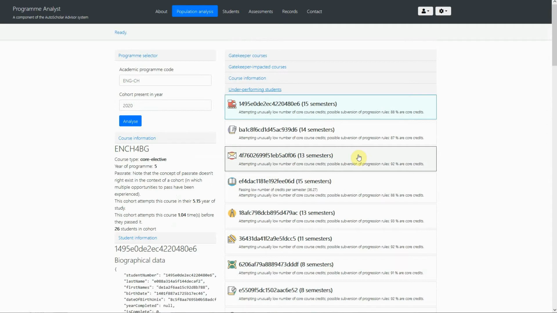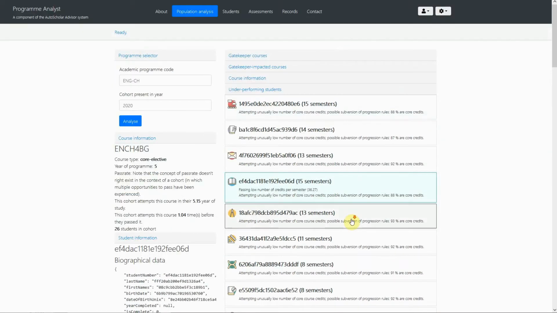If we look at the list of underperforming students, the system has generated alerts for these students. This student has been registered for 11 semesters, which is just an unusually long time to be allowed to stay on the same 4-year program. The reason is that this student is taking an unusually low number of core course credits. This is typical behavior of a student trying to stay within the progression rules. They might take up a course that is unrelated to their degree in order to make up the minimum required credits in a semester, even if there is no relevance or even interest in the coursework. This is unwanted academic behavior which ultimately subverts the progression system, and the system identifies this kind of behavior